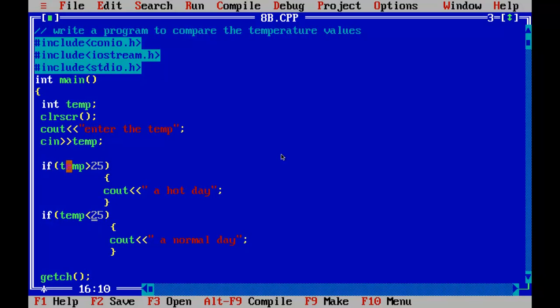If temperature is above 25, this will be true. If temperature is less than 25, this will be true. Now, if temp equals, so in C++ equals is this one, two times the assignment symbol, equals 25.